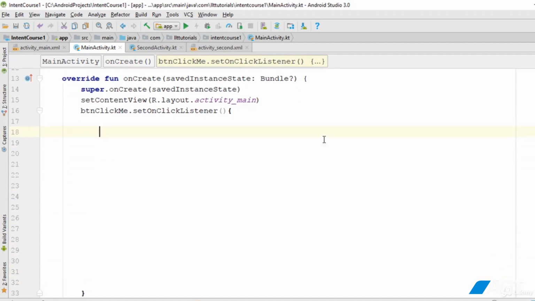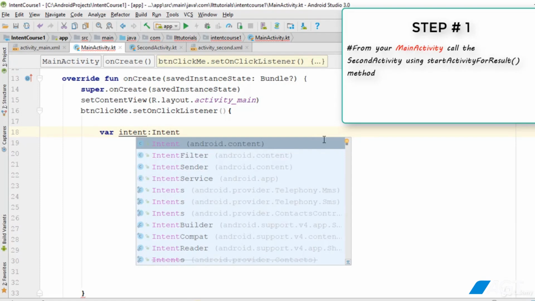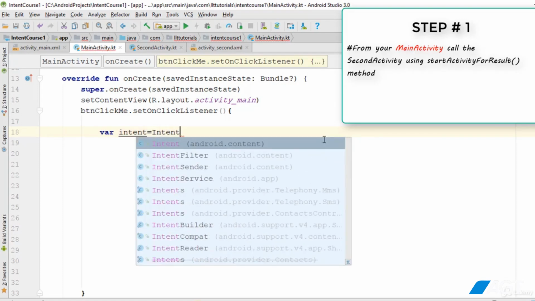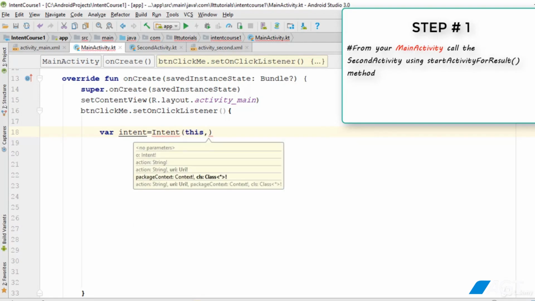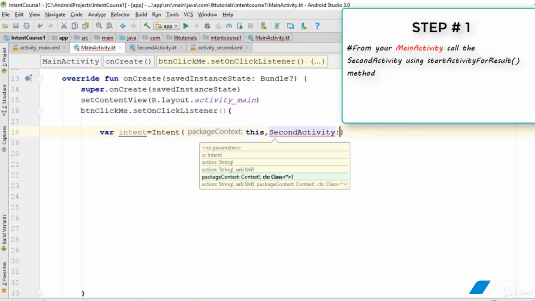Inside in here, I'm going to say var intent of type Intent, which you can forget about; you can just use is equal to Intent, no problem. And in here, we'll use this, and obviously the second activity where we are going, SecondActivity, colon,